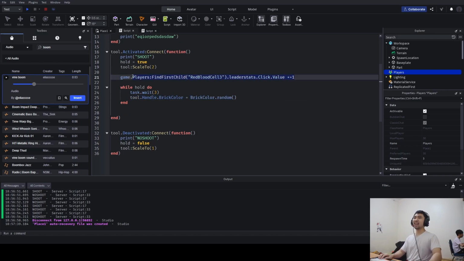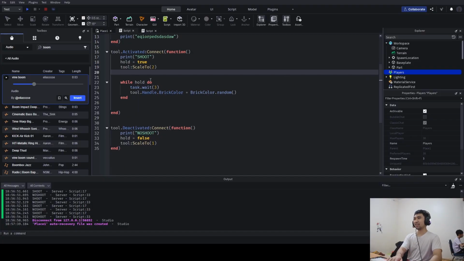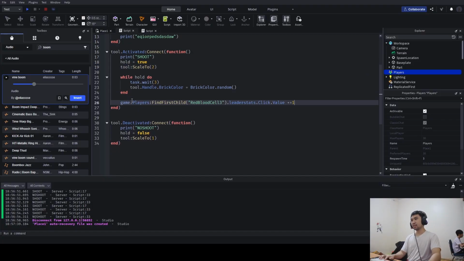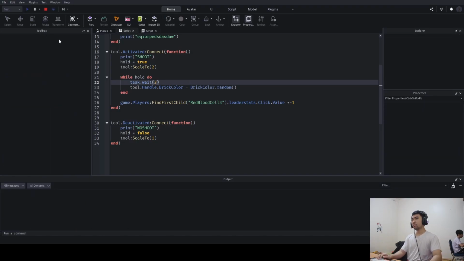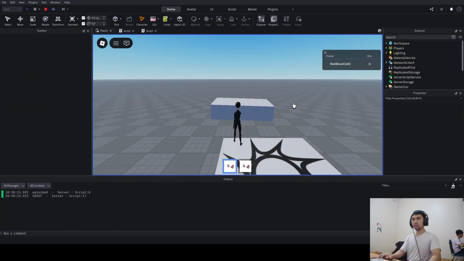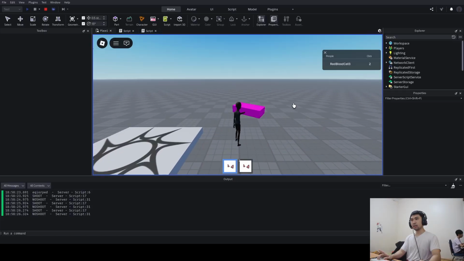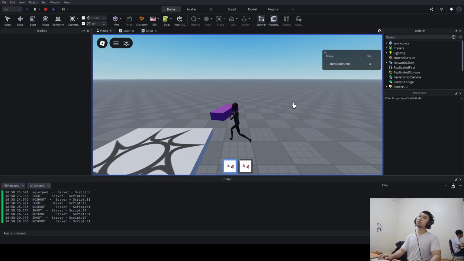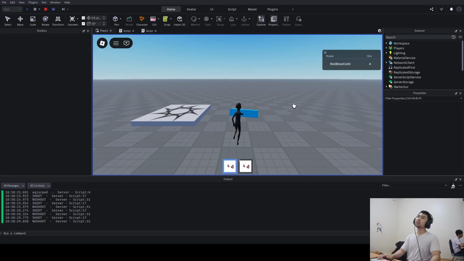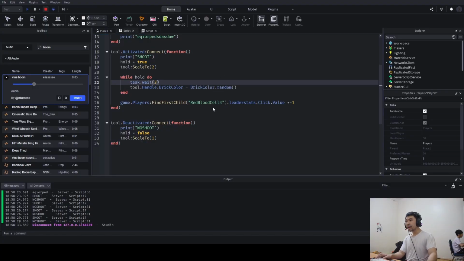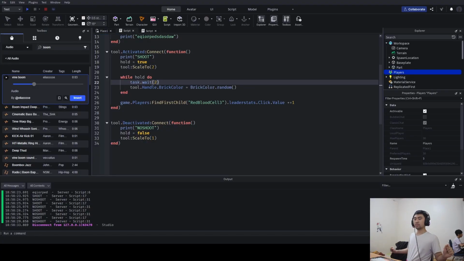There, I understand it now. So it will change like this. It will make the hold to 2 seconds. What will happen is when I click, it didn't do anything. Like it waits. Oh. Okay. Do the same thing, it'll keep picking a random color for this part and keep the scale of